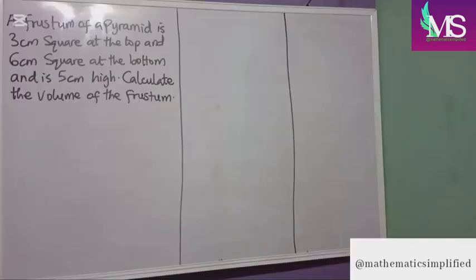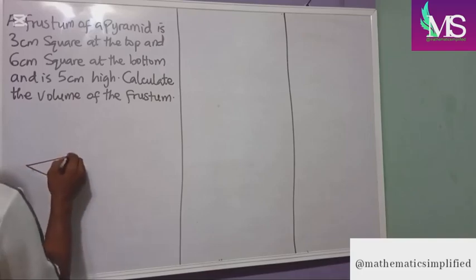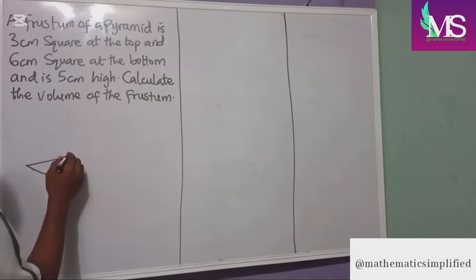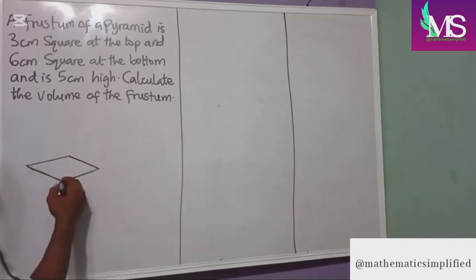Question 2 says, a frustrum of a pyramid is 3 cm square at the top and 6 cm square at the bottom and is 5 cm high. Calculate the volume of the frustrum. Now, if we are to calculate the volume of this frustrum, let's have our frustrum first. Since it's a square-based pyramid,